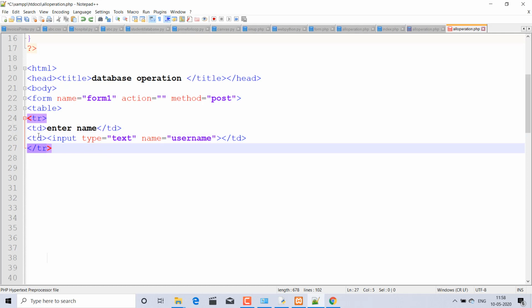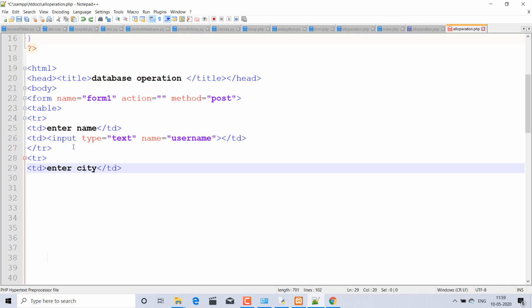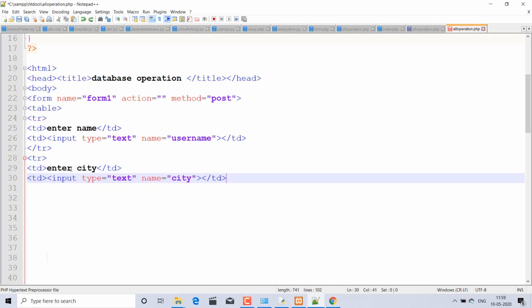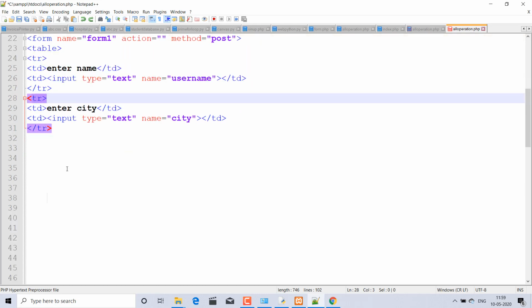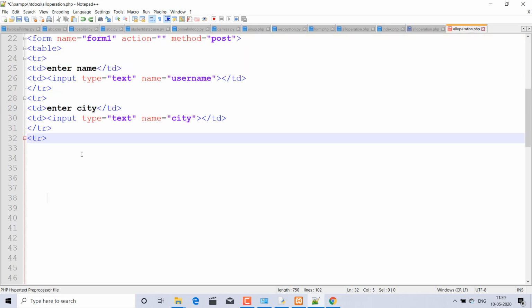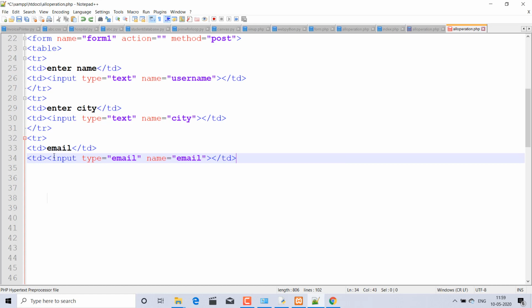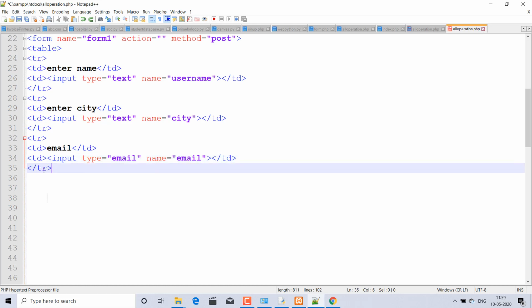In this table row there are two td, that means two data fields: one data field is enter name and another is the input. Okay, and another table row for the city, and here I am showing how to take the input for city. So this is another table row, and next another table row is started. Email, I am taking the email, and the email row is closed.